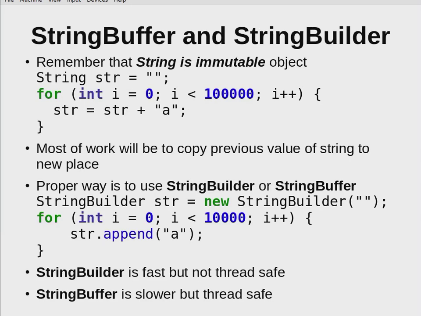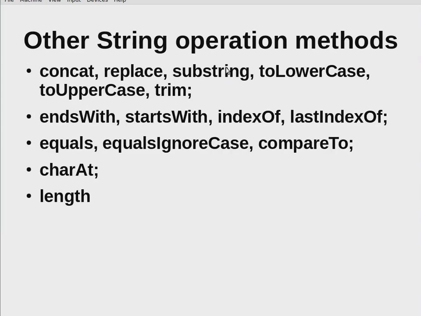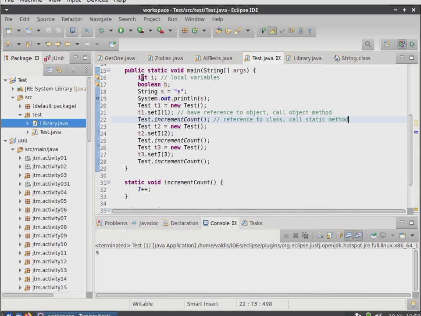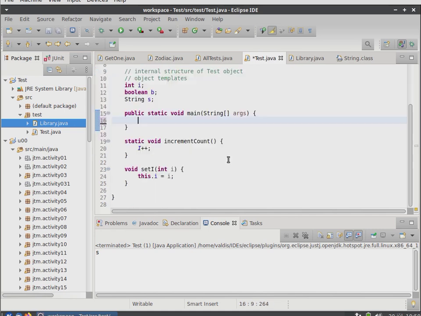Okay, finally, some fun about strings and string builder and string buffer. Some of you may know this already, some may not know, but string is an array of bytes. In old school Java it was an array of characters, but newer Java reorganized the implementation and now it is an array of bytes. But string is an immutable object, and for example,